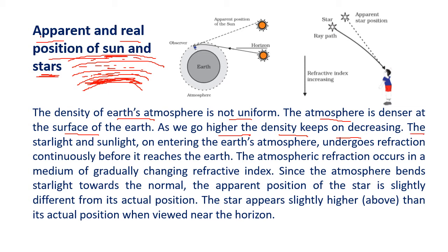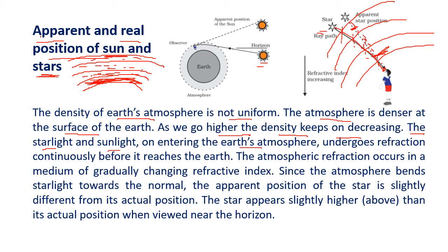Now imagine the starlight or the sunlight. So we have got a sunlight here, we have got a star here. The starlight or sunlight enters the earth's atmosphere. Now since the light is coming from the top, and like I told you, there are different layers, the bottom is denser, the top is rarer. So light is coming from rarer to denser medium, so it bends towards the normal. Yes, at each layer, it bends towards the normal. So because the light has bent, the person feels the light has come from this position. Light travels in a straight line. So actually the star is here.